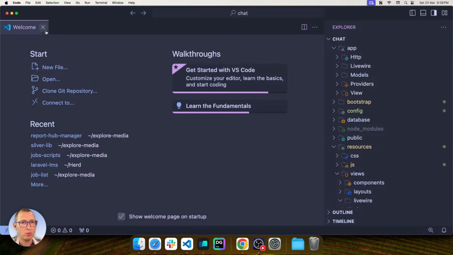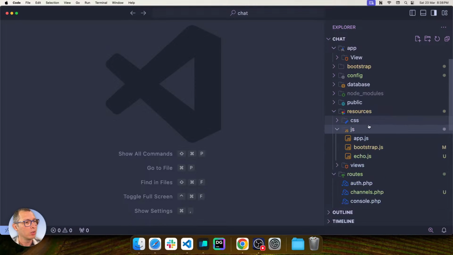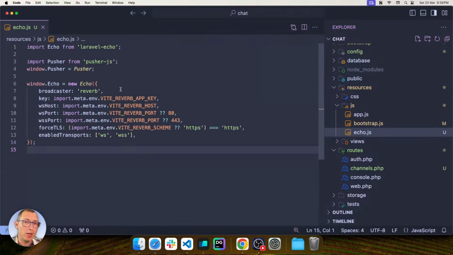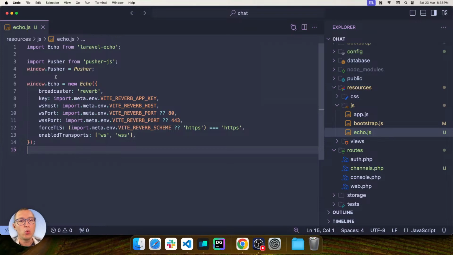So in VS Code, we have one file in the JS folder called echo.js. This file was created by the install broadcast command, and it modified the bootstrap.js file to actually include this echo.js file. In here, we are initializing both Laravel Echo and pusher.js, which is required for us to make WebSocket